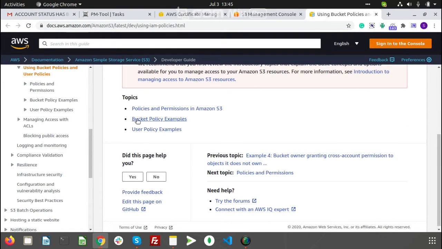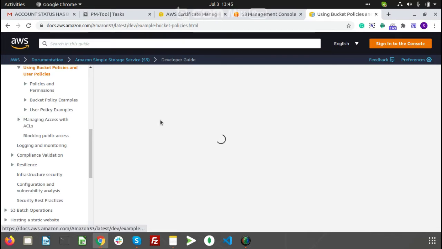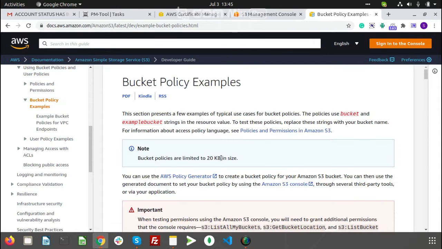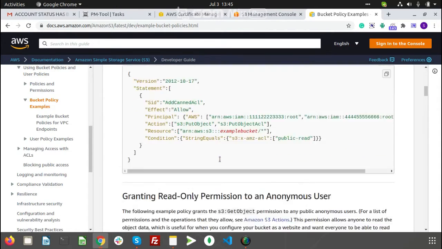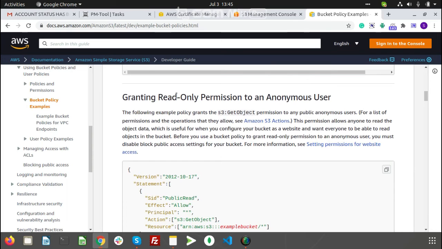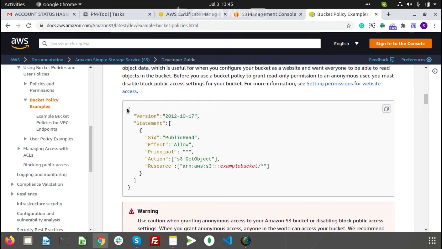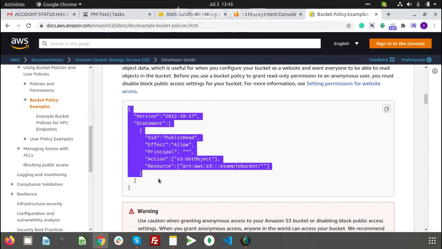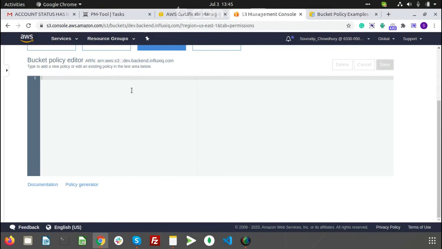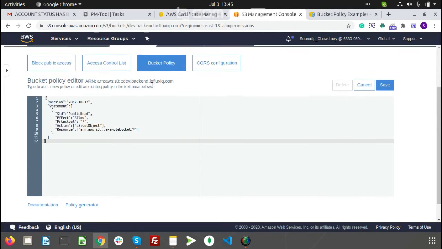In the policy there are various policy examples that we need to visit. In the policy we will be granting read-only permission to any anonymous user. So we need to copy this whole template and paste it here on our bucket policy.